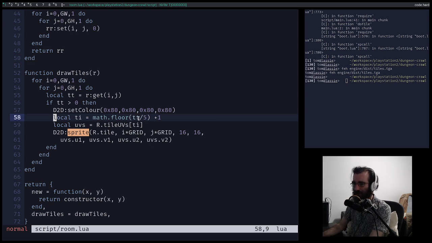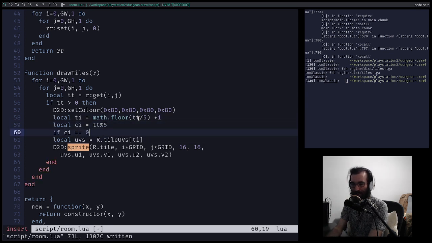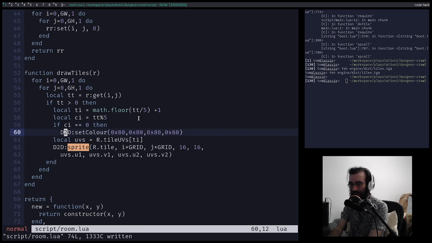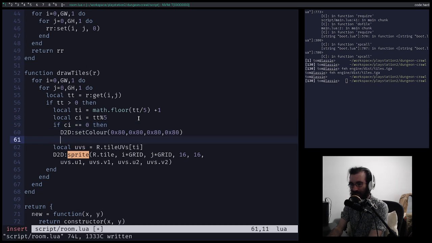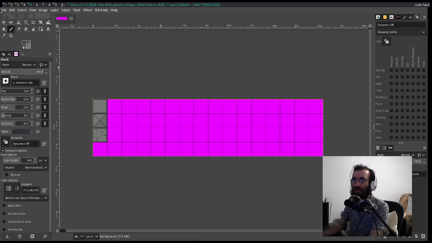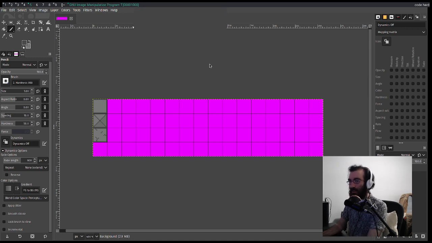So if this is this divided by 5, then our color index is going to be TT mod 5, +1, not +1. That's fine. So if CI equals 0, then I hate this, but we'll live with it. So the base color variant is going to be just boring. Else, if CI equals 1, then... Actually, that's probably a better... Maybe I can map this somehow, right? So let's just get a nice big canvas. Think about this idea. Okay, so...